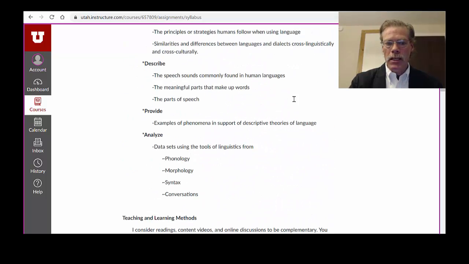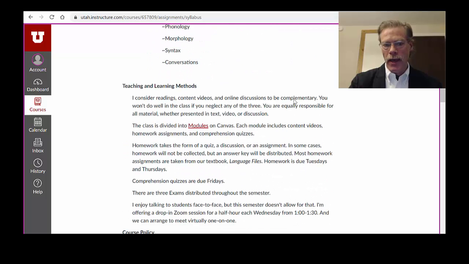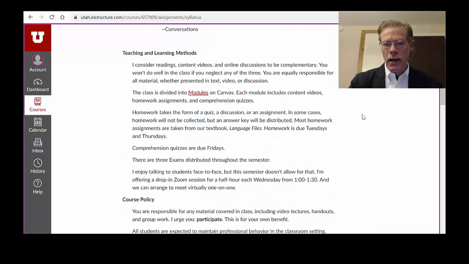I'm going to skip down over the description. You can read all that. I do want to point out that the best and really the only way to take this course is through modules. So whenever you log into Canvas, I recommend going straight to modules and just proceeding through item by item with whatever module we're on at that moment. There will be content videos, multimedia, homework assignments, and comprehension quizzes, in addition to the exams. The exams are also reached through modules.